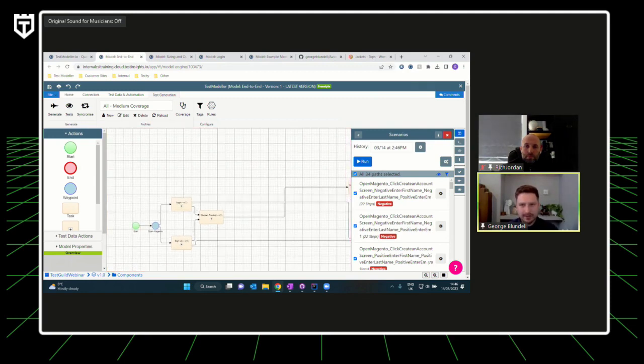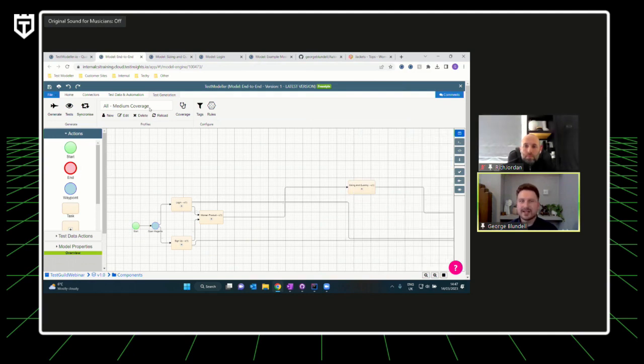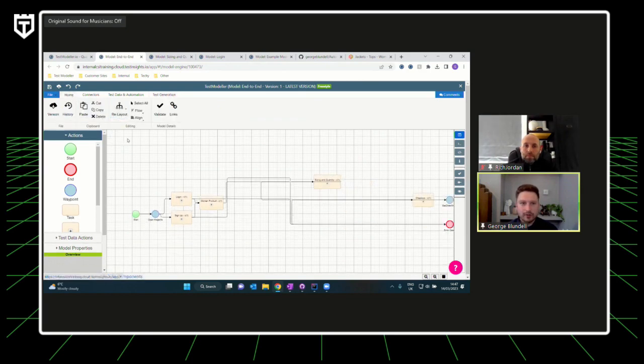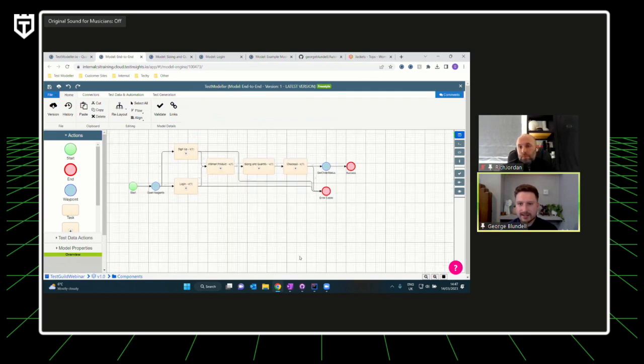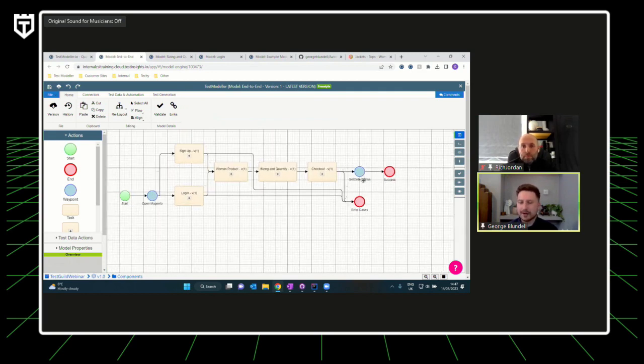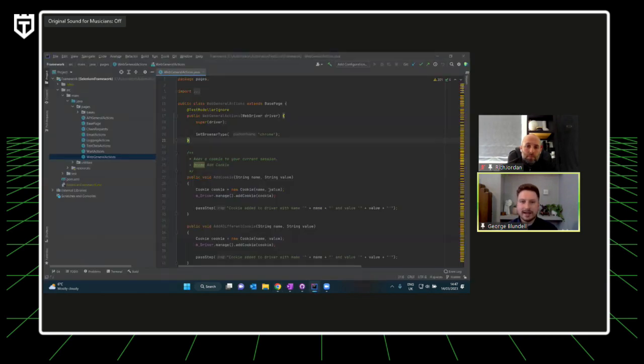Now, the other thing that I mentioned there was the ability to update automation code and sync that with an automation library that you've got. What I've just done previously is pull down the automation framework that this model is running on. It is a Java Selenium framework. I've cloned it from the Git repository, and inside here, I'm looking at the code snippets that we're using to drive our model.